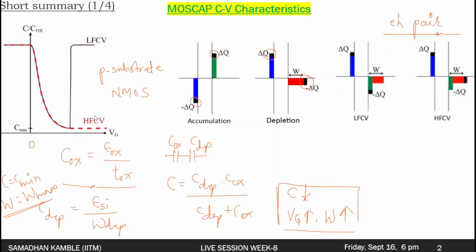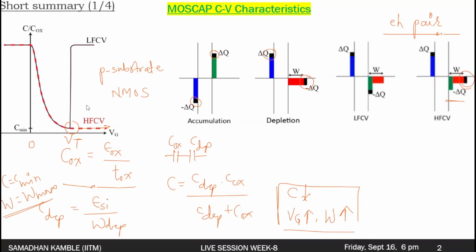Hence, if the applied frequency is very fast, I mean the timing is very fast compared to the electron-hole pair generation time, then for the high frequency region the EH pair formation does not happen and the balancing charge appears at the edge, and it is again a function of the depletion width. So it continues with C min for the